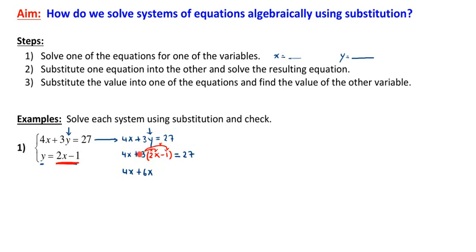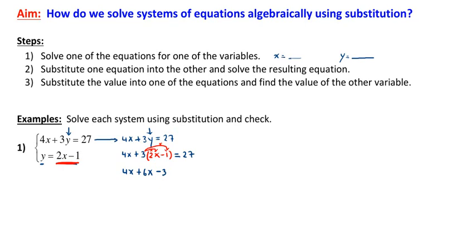And now 3 times -1, what do we get from that? Anthony, what do we get from that? Yes, so that's -3, because we're multiplying a positive times a negative, that's negative, and 3 times 1 is 3,